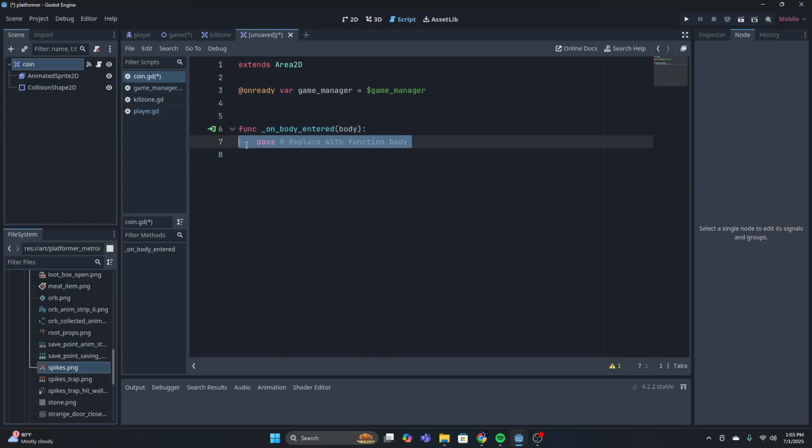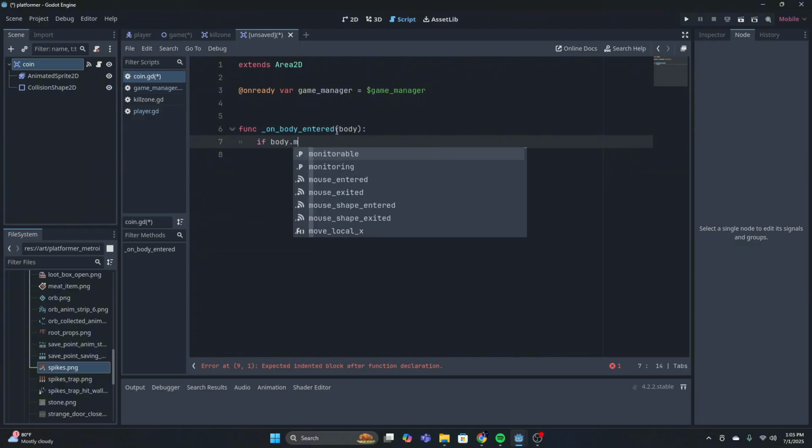So this is going to be same thing as before when we made our kill zone. On body entered. So this area 2D is going to detect when our player enters the coin, and is going to register that to our game manager and add coins to our score. So again, we need to make sure it only detects the player. So if body dot name equals